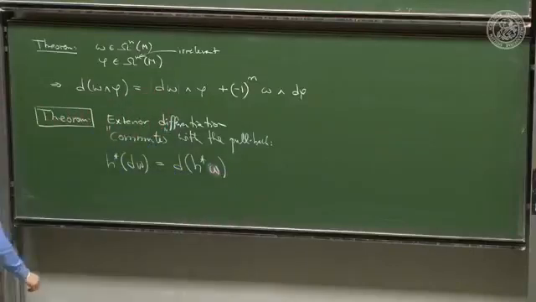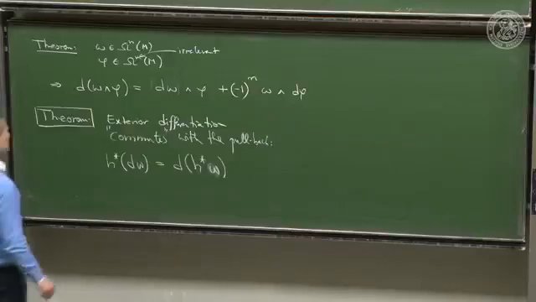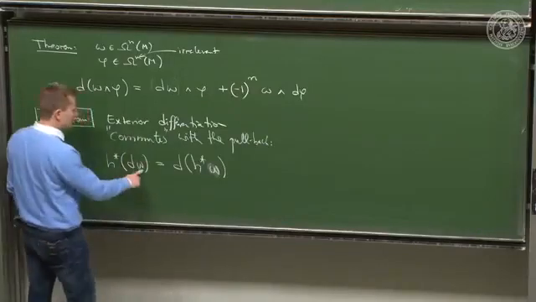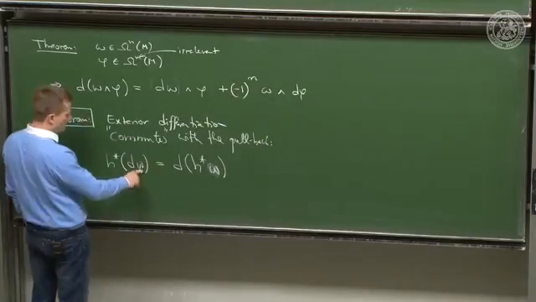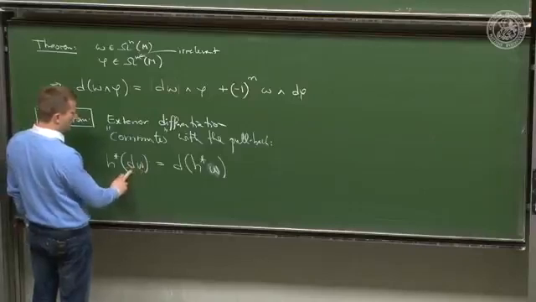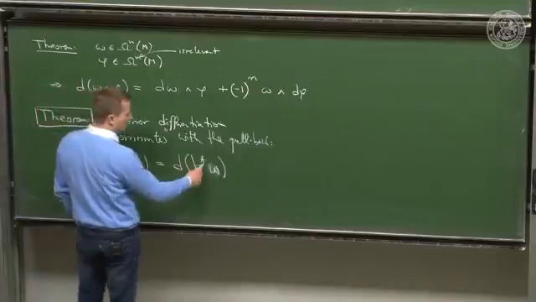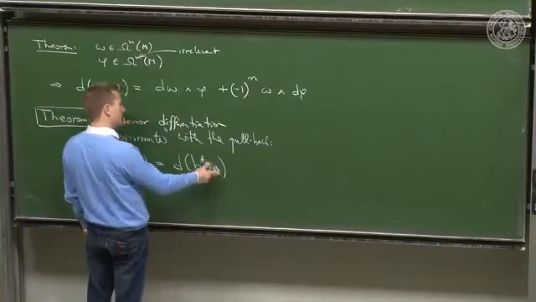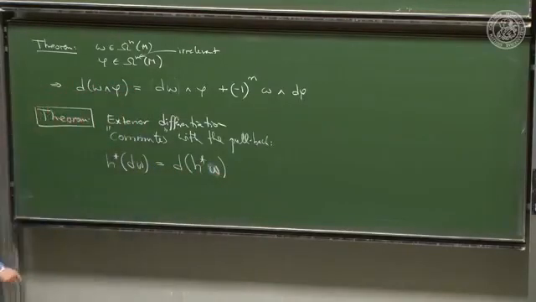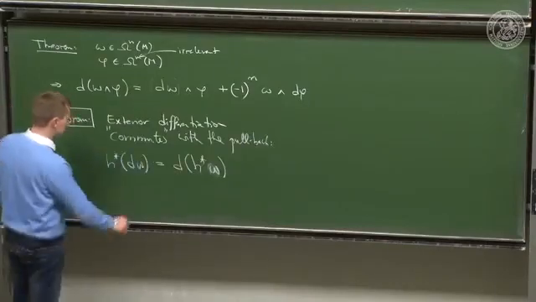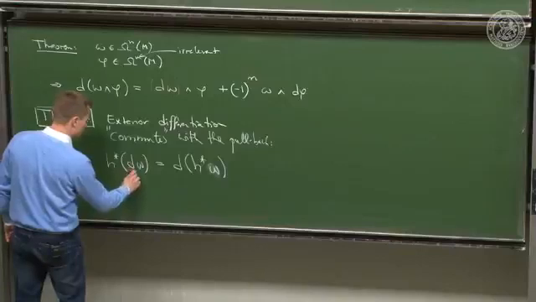Right? Okay. So, obviously, if this is an n form, then this is an n plus 1 form. So this is the pullback of an n plus 1 form, whereas this is the pullback of an n form, and it only becomes an n plus 1 form afterwards. So in a sense, these are different d's. So this d here,